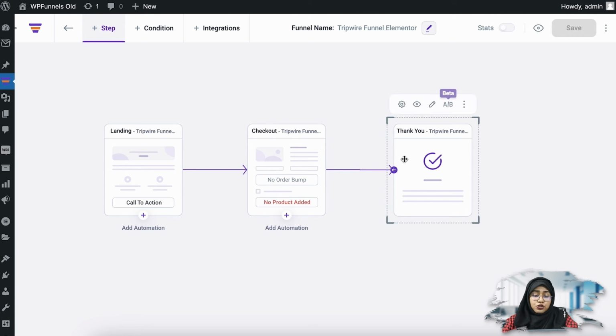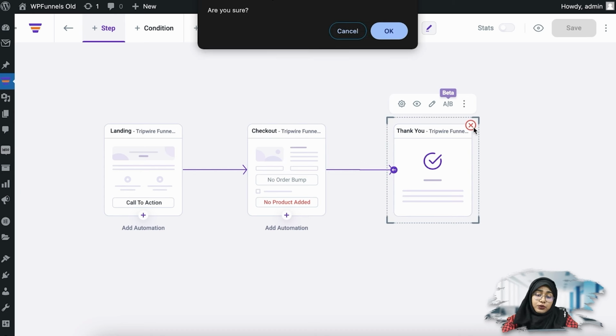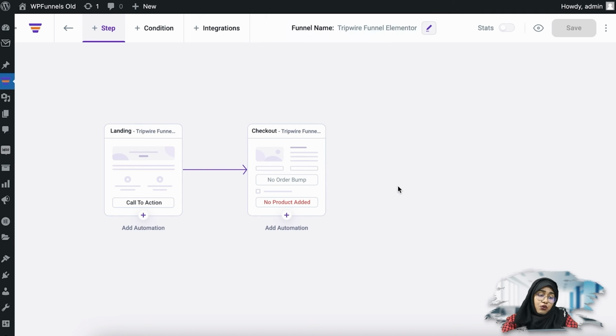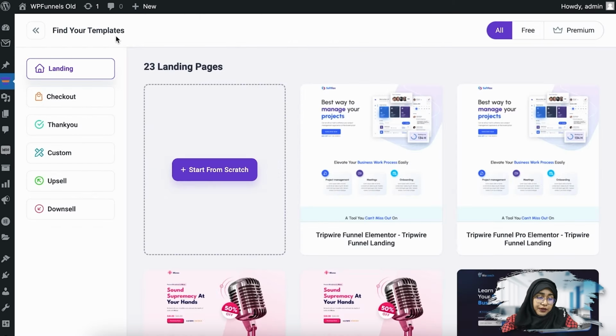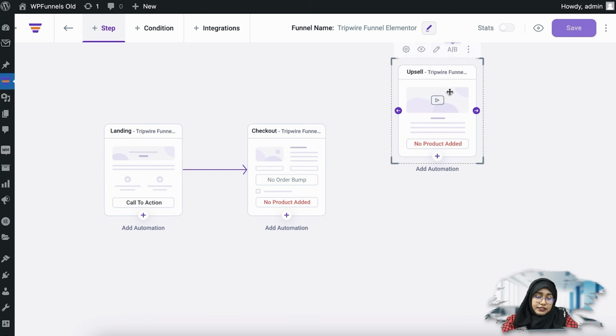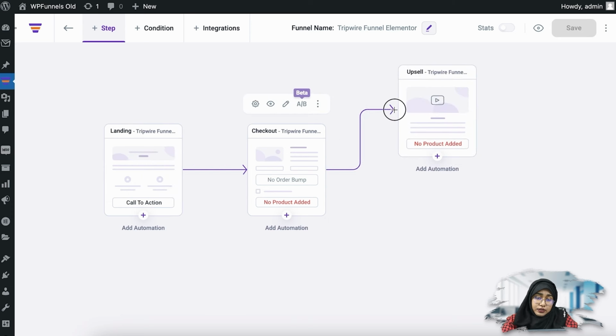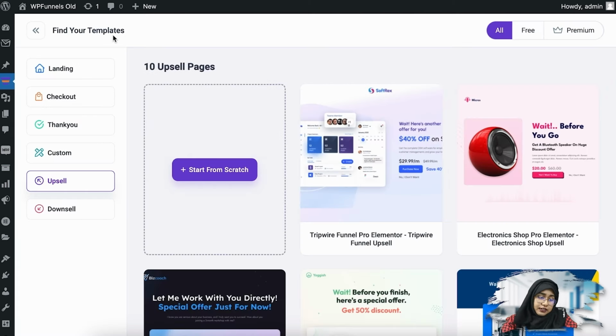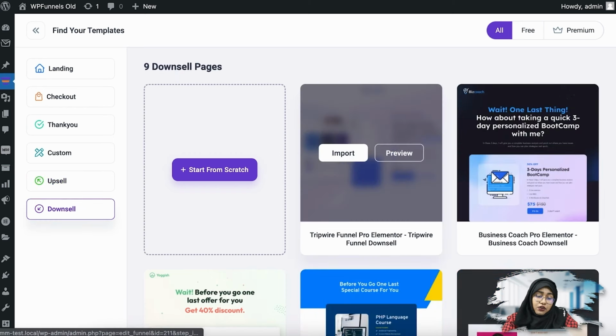So let's say I want this thank you page to be gone. So what I had to do is right click on the step, and then this cross button would appear, and then we could delete this, right? Now what I did was click on a step here, then I had to go to the step that I want to add. Let's say I want to add an upsell here. So I had to import the upsell step, and drag it here, then connect it with this upsell step, and after that I had to click on the step button again, then maybe click on the downsell step,